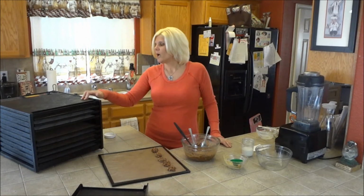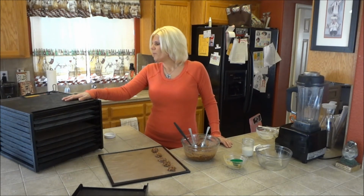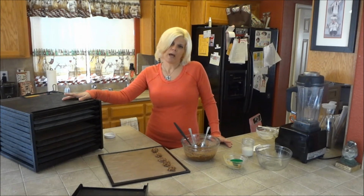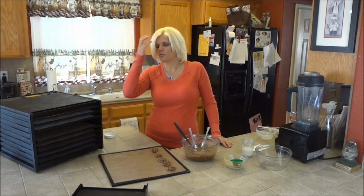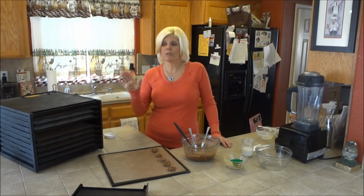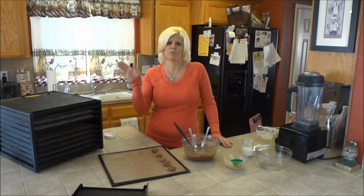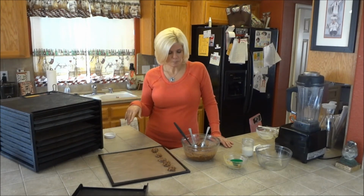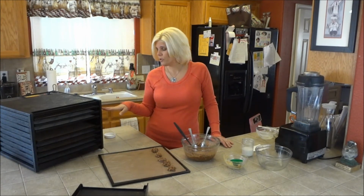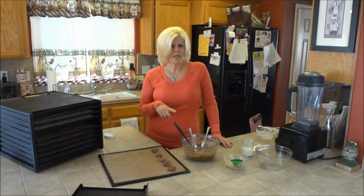I'm gonna stick them in the dehydrator. I'll probably set it at 140 for an hour. Now it's not gonna get to 140 degrees in here for the hour, so don't worry about that. If you're worried about that, set it at a lower temperature and just leave it an hour and a half. You know, 105 at an hour and a half, 2 hours, whatever. Just taste them and you'll be able to tell when they're done. So I'm going to go ahead and put these in the dehydrator, and then we'll check back with you when they're done. Also, side note on oats,